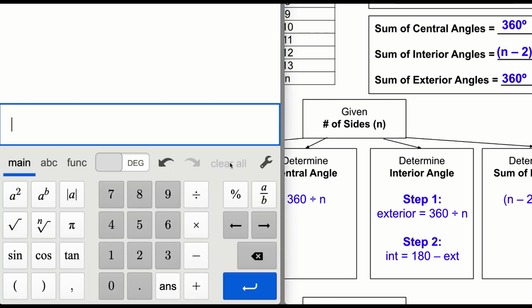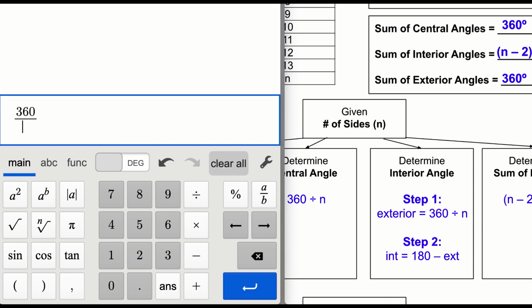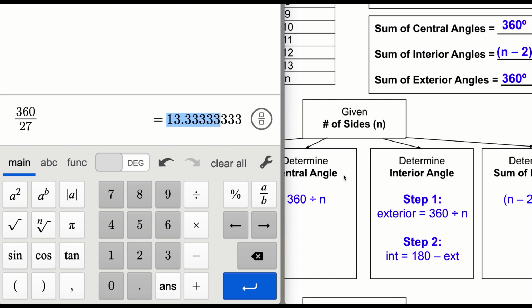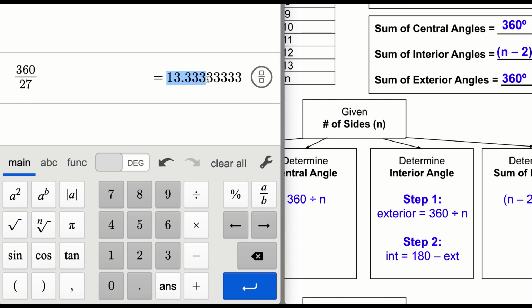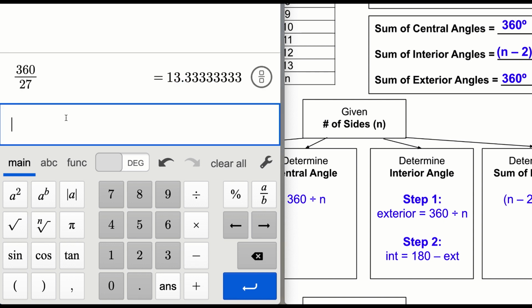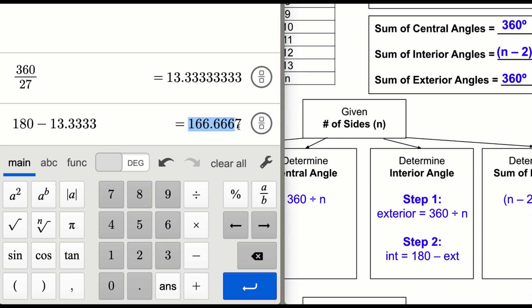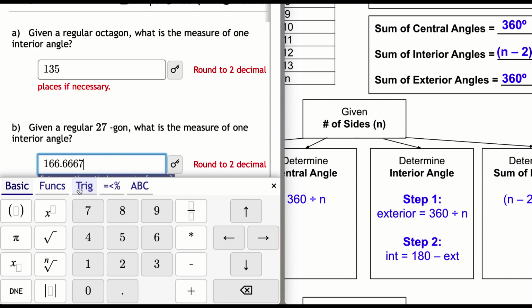We're going to take 360, let me clear all those here first, 360. We're going to divide by our 27, and then each individual central angle is going to be 13.3 repeating degrees. But now it says step 2, take the angle that you figured out and subtract it from 180 degrees. So I take this 13.333 repeating, and I'm going to subtract that from 180. So 180, and then minus that decimal angle, and I get 166.667. I'll just take the whole thing and paste that into my sheet here now and hope that one works